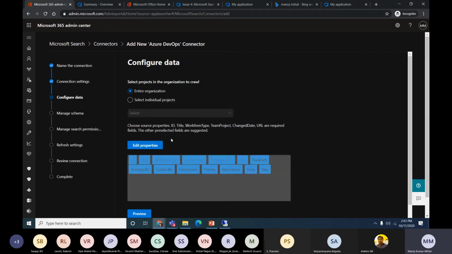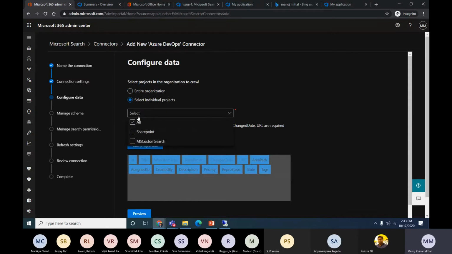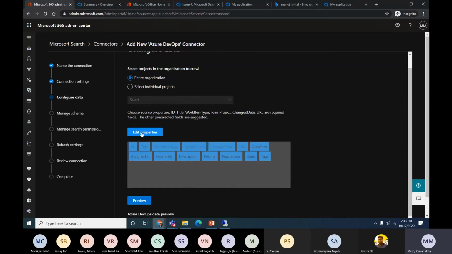Now this is a very important section. We can use the entire organization, or a selected project if we have one in our organization. As of now, we'll use the entire organization. The other thing is edit property. This is important: once you are designing the cards, what properties you need to showcase on the card. If you miss any property here, you can't edit it back. Other properties are still available, but the edit property section goes into disable mode and we can't edit again. So be careful what properties we select here.